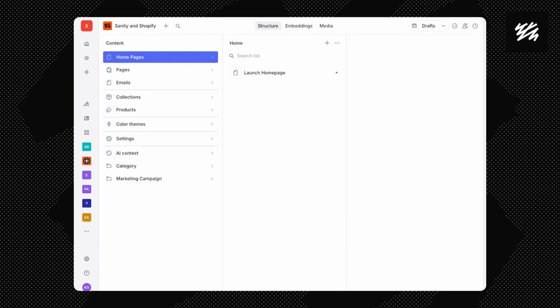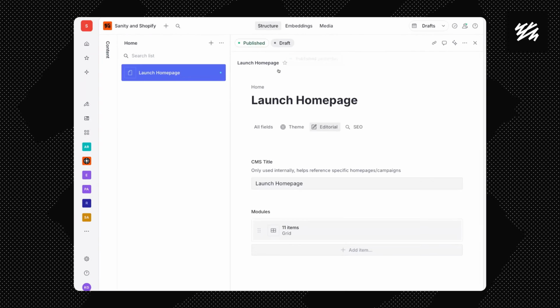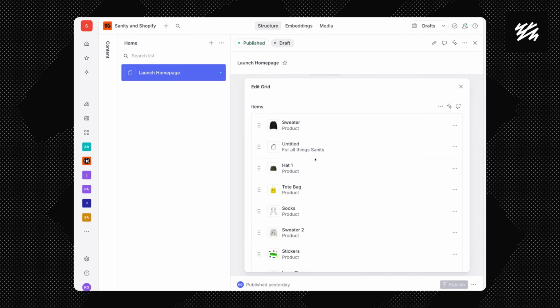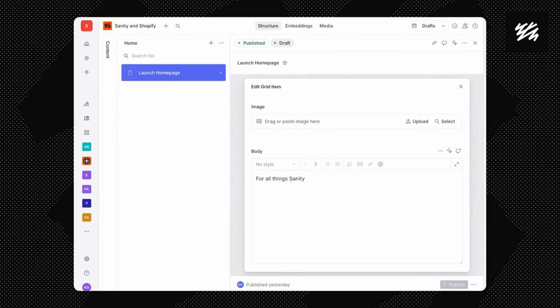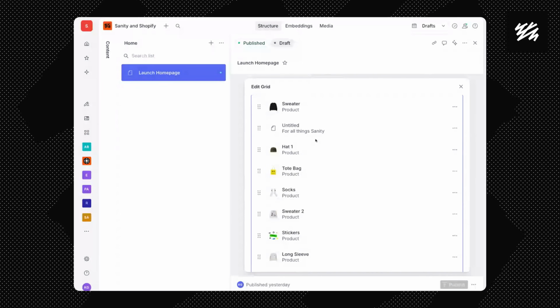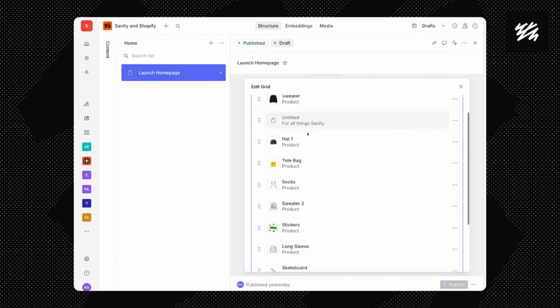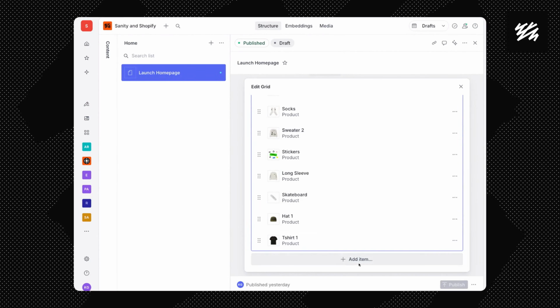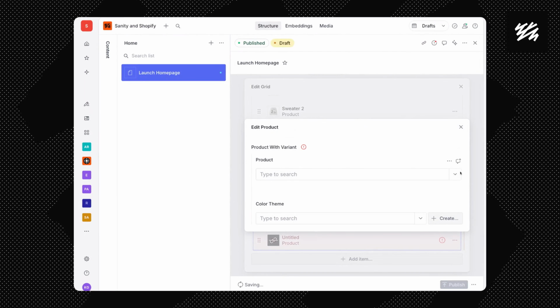We have that homepage that we were just showing, and it's a single content type. There's only one module, and it's just a product grid and a rich text portable text editor that, of course, has not final copy because this is still in the development cycle. But yeah, we can add another product or grid item, and we can just do,